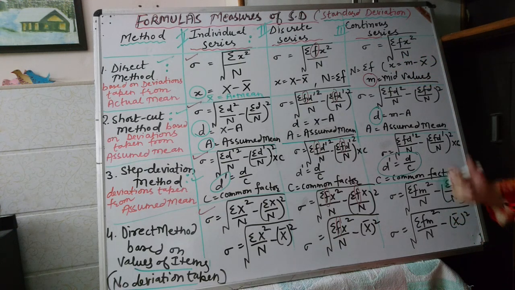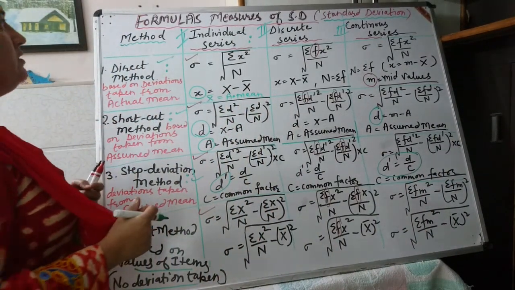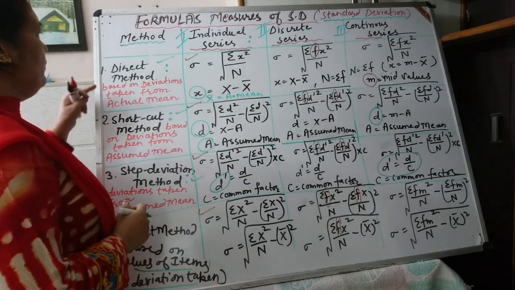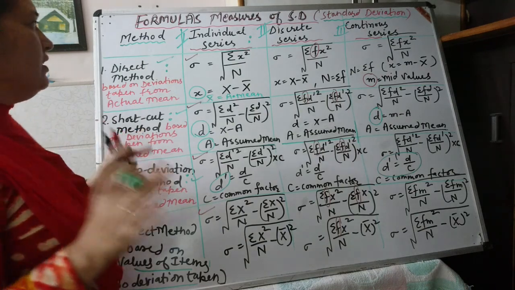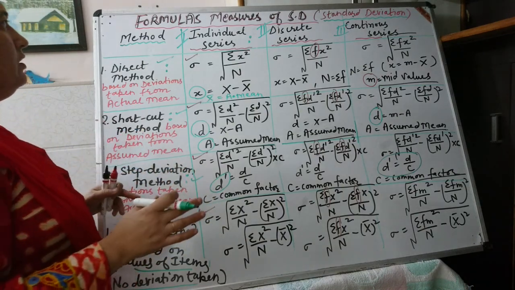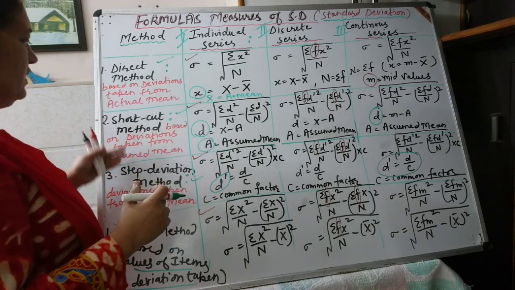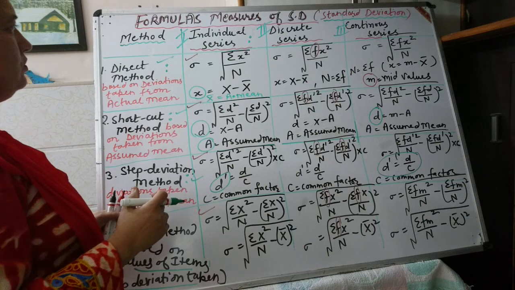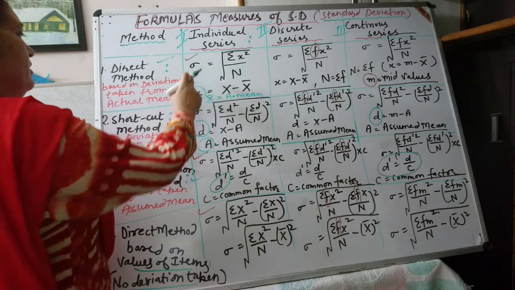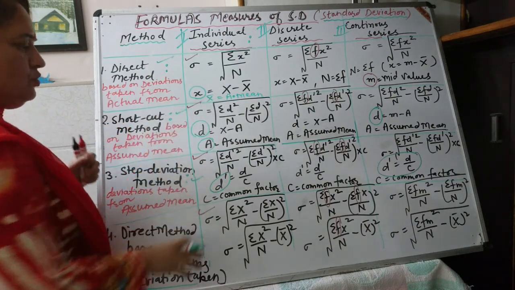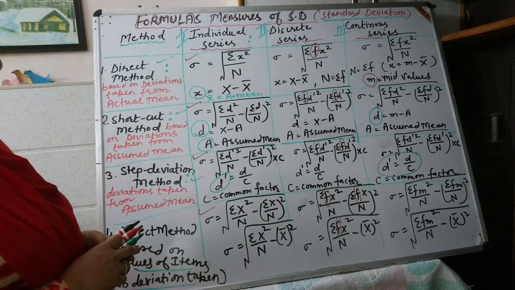So in this way, step by step, we will calculate the sums, because we have started the calculation of standard deviation first of all in direct method. I have taken a single statement and I have done that particular numerical in all the three methods. We have calculated a single assignment by direct method, by shortcut, and by step deviation. So answers will be same. So that's all regarding the formulas related to standard deviation.